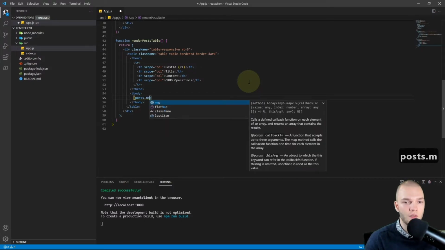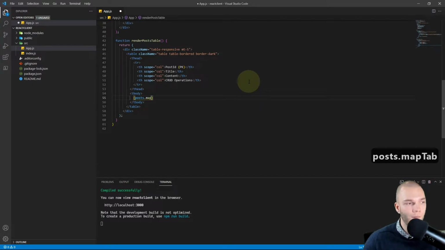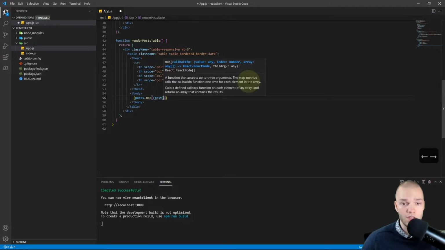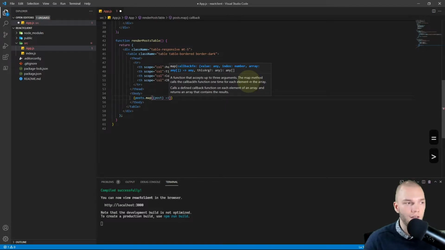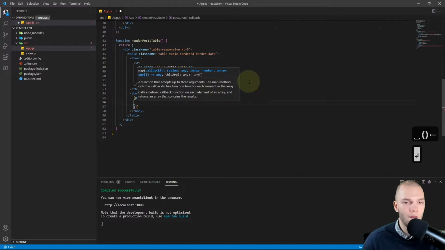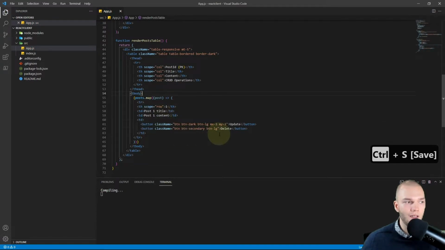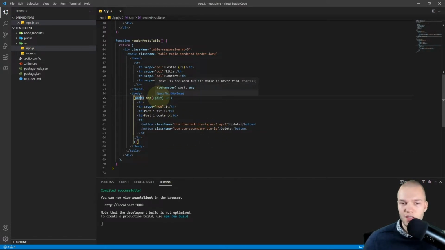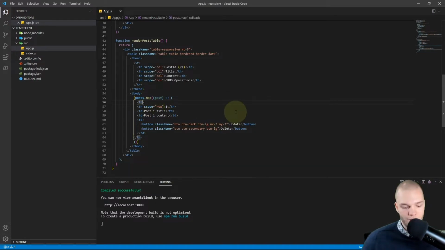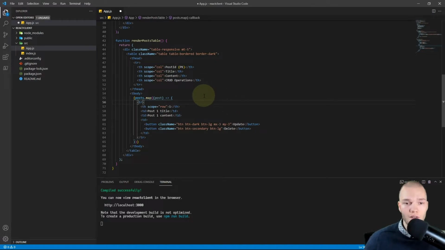Then I'm going to type posts.map, add parentheses, and then we're going to use a post parameter and add an arrow and parentheses. And then on the next line, I'll paste the table row on my clipboard. And this is kind of comparable with a C# foreach loop, I guess. And I'll just format this with Alt-Shift-F.